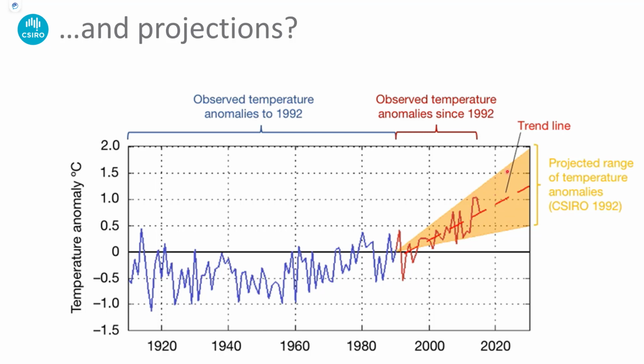Now, those projections are a band, and that's the nature of climate change projections. But the up and down real world recordings fall by and large within that band. Sometimes they come a bit below, and you might also expect them occasionally to go a bit higher. But fundamentally, that lines up really well. That also gives us confidence that the projections are believable.